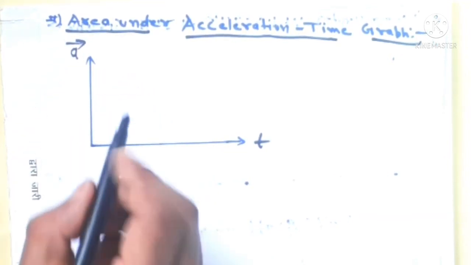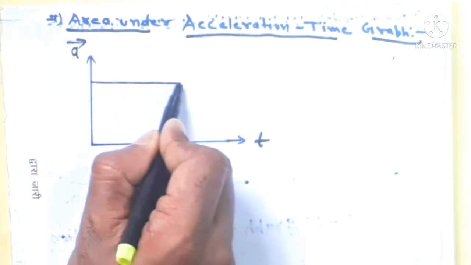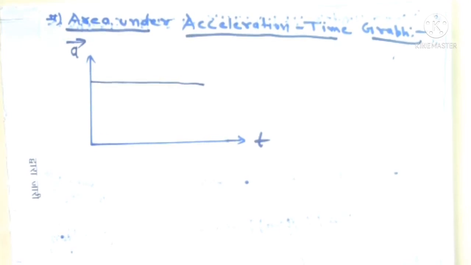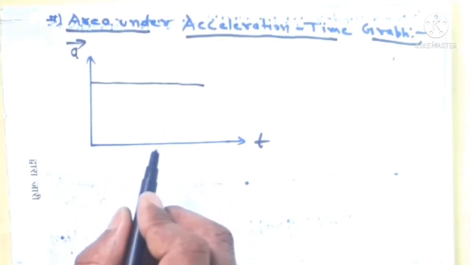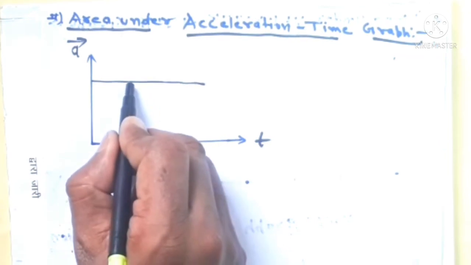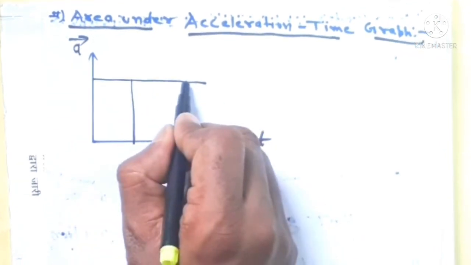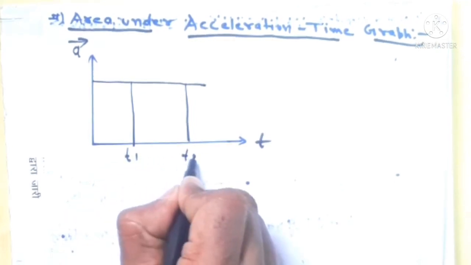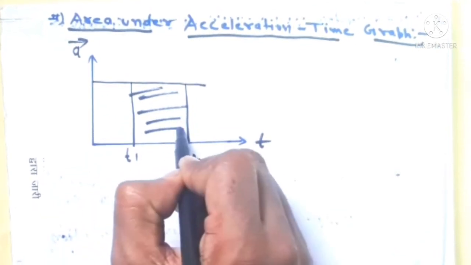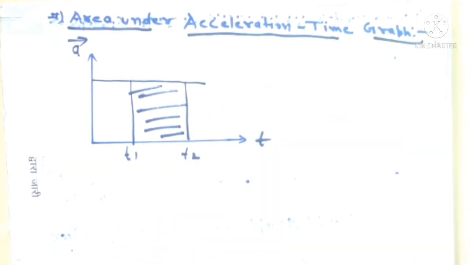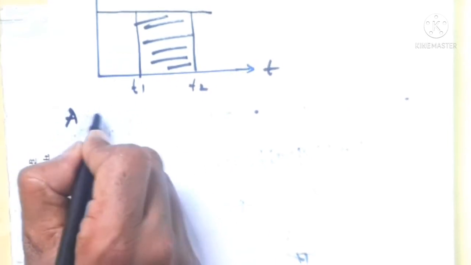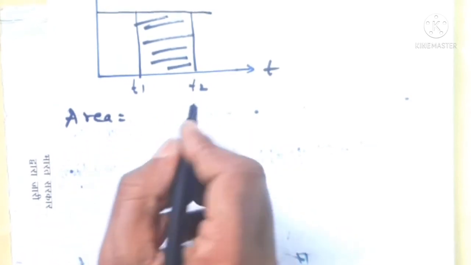If our acceleration is constant, then the graph is like this. Then we find the area between time t1 and t2. Draw perpendiculars; suppose this is t1 and this is t2, and we find this area. So area is equal to